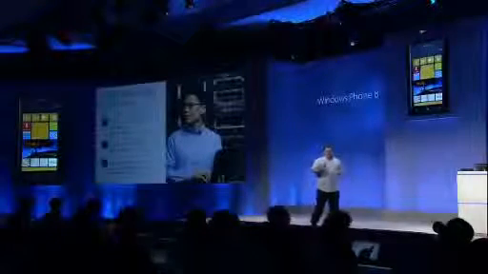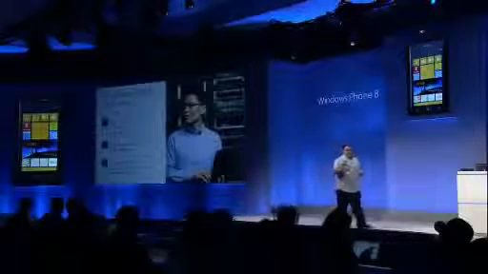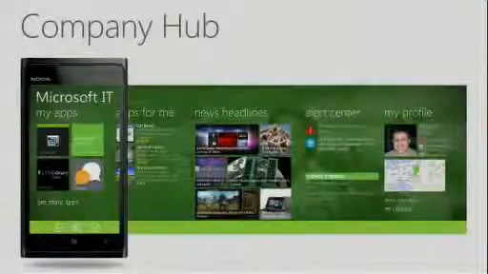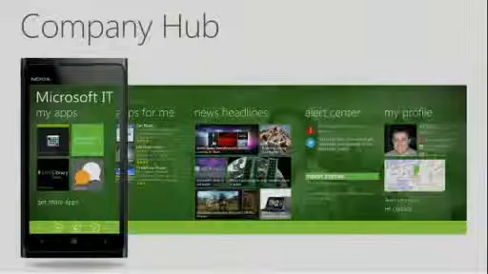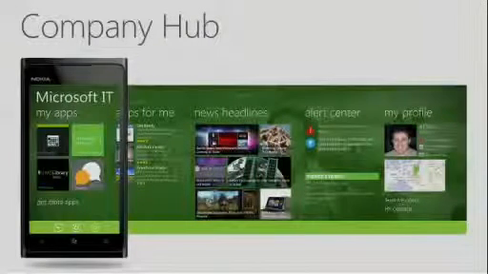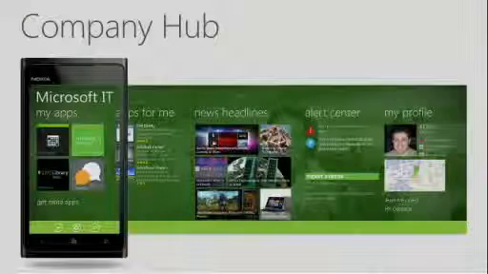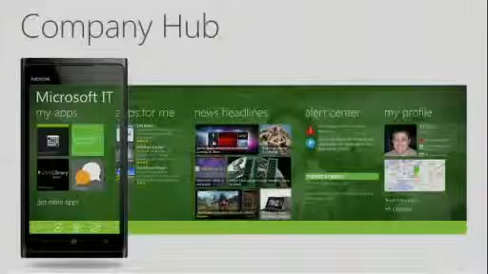Device management for large enterprises. Today, we're introducing a concept that we call the Company Hub. This is really just an app, but it's an app that allows each company to personalize the experience for their employees. They control the app, they control the experience, but they can actually decide which applications to highlight and to